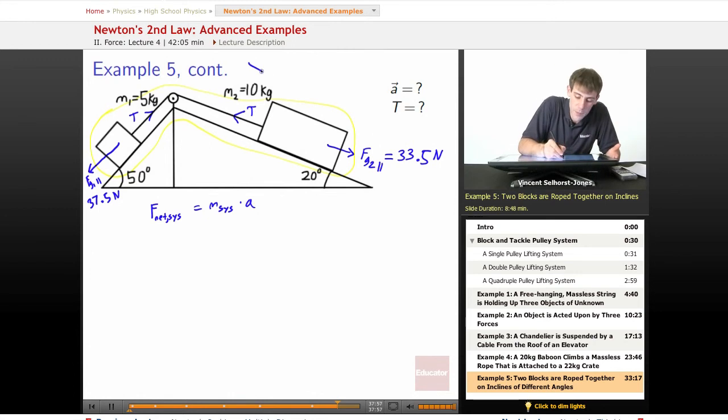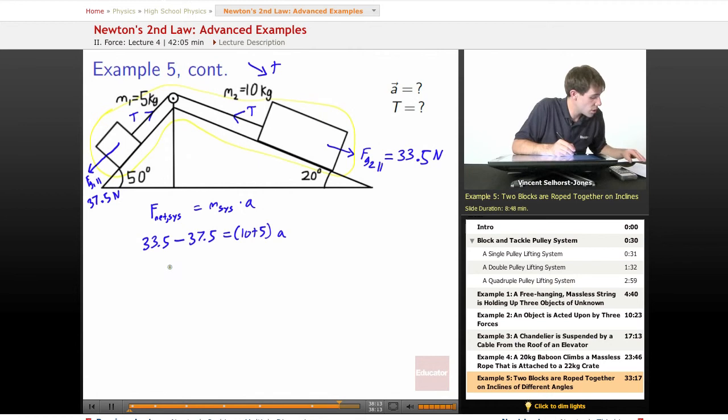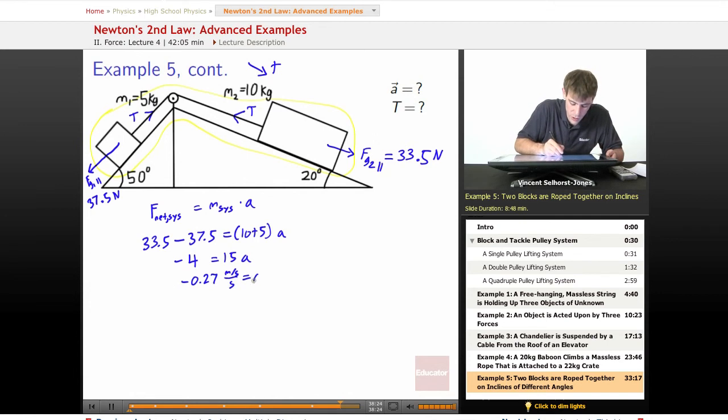Let's make to the right normally our positive, so we'll keep that as our positive. So we've got 33.5 pulling to the right minus 37.5 newtons is equal to, what's the mass of each piece? Well, 10 plus 5 times our acceleration. So we start solving things out, and we've got -4 equals 15 times the acceleration, which gives us -0.27 meters per second squared equals our acceleration, which makes sense